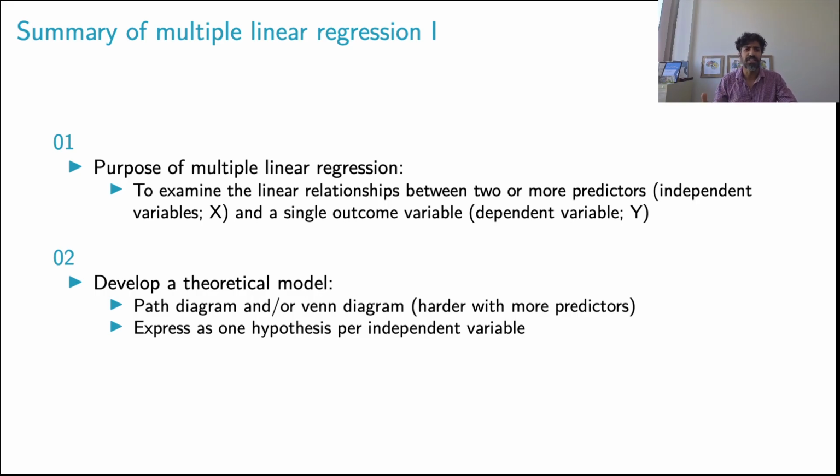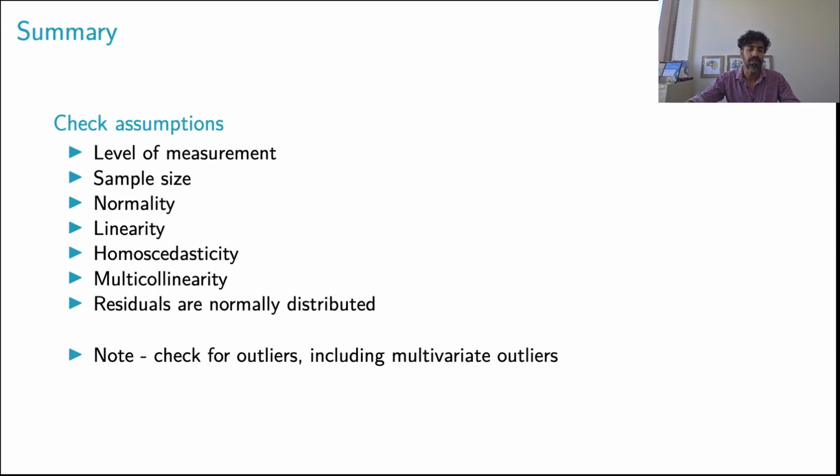And you can express your model as one hypothesis per independent variable for when you're writing analyses or research questions. If you're basing it off your analyses, you have a hypothesis based off of what you expect to occur given the literature. So the summary was assumptions checking is always important, and that's what we have in multiple